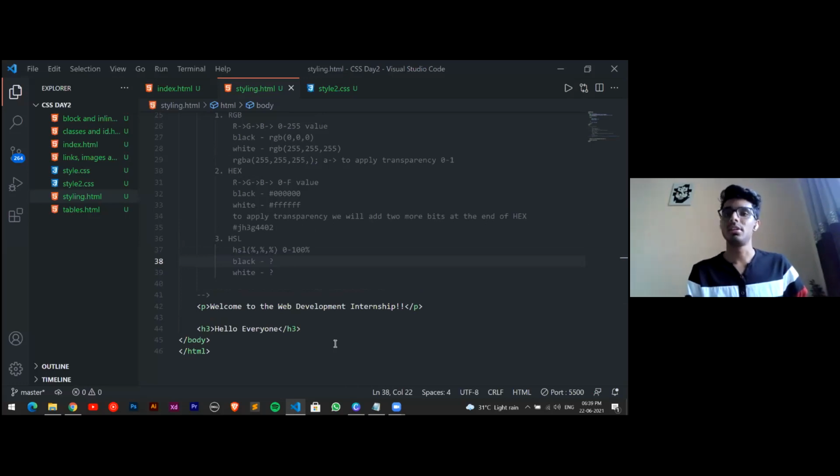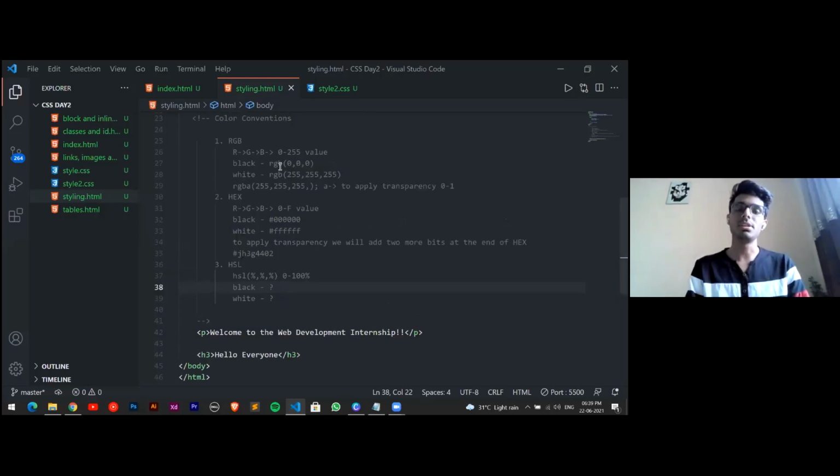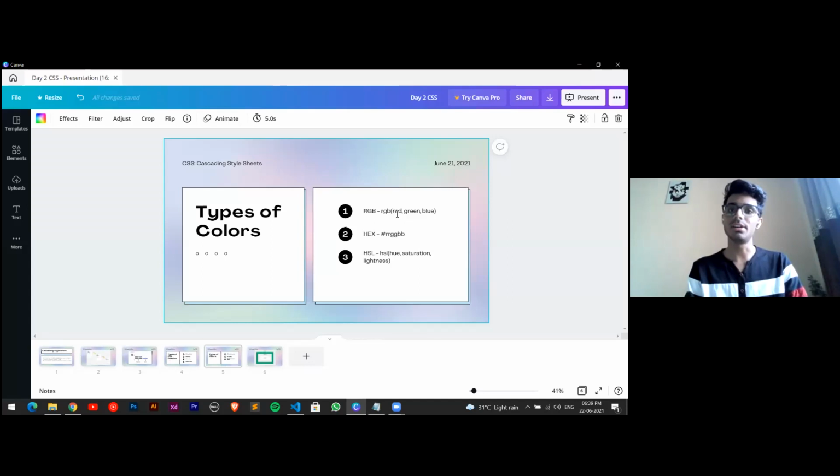Great. Okay, someone was asking, can you explain RGB? RGB, again, if I just show you the syntax, as you can see, RGB, that is red, green and blue, we will provide the values of red, green and blue. As we know, these are the primary colors. So we will provide the values of that, and after that we will get a particular color.